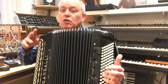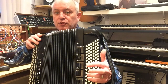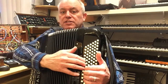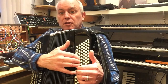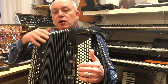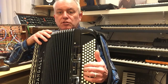So if I wanted all the white notes, I'd put my 4th finger on the C, so that's my tonic, that's my key I'm in, and then I get the 4th below, which is an F, a G, the 5th above, and a D, and then the next notes I want are the A and the E and the B, which are the next 3 notes up towards the ceiling. But if I press those A, E and B, you might see they're going down over here, because they are these notes. The A is behind the F, the E is behind the C, and the B is behind the G. So without moving this finger at all,